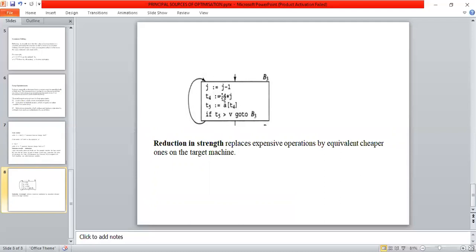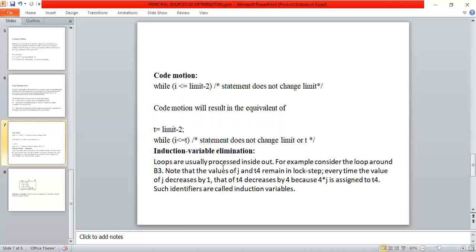In this loop, I am decrementing the j value and multiplying the j value by 4. So this is repeated n number of times. Whenever you have this type of statements, we should eliminate them. All these are called induction variable elimination.